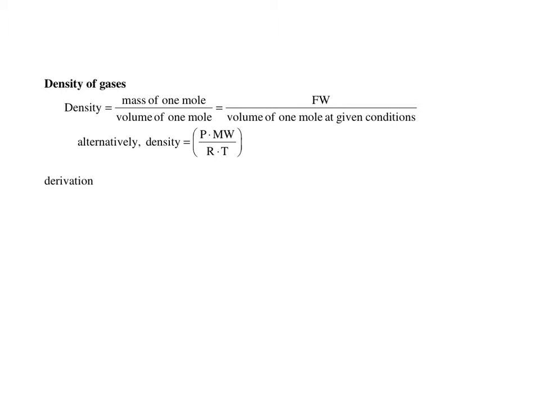Discussing density of gases. Now, density, as you know, is going to be the mass of a substance divided by its volume. For liquids and gases, this tends to be given in units of grams per milliliter. Gases are much less dense, and for gases, a much more convenient unit is grams per liter. So we're going to practice calculating density of gases, and our answers are going to be expressed in grams per